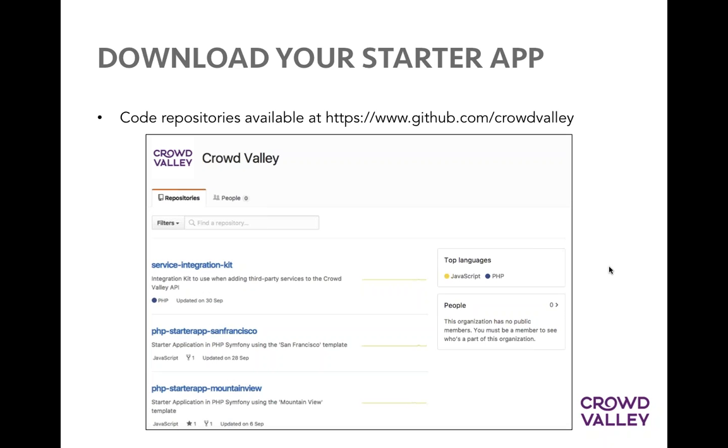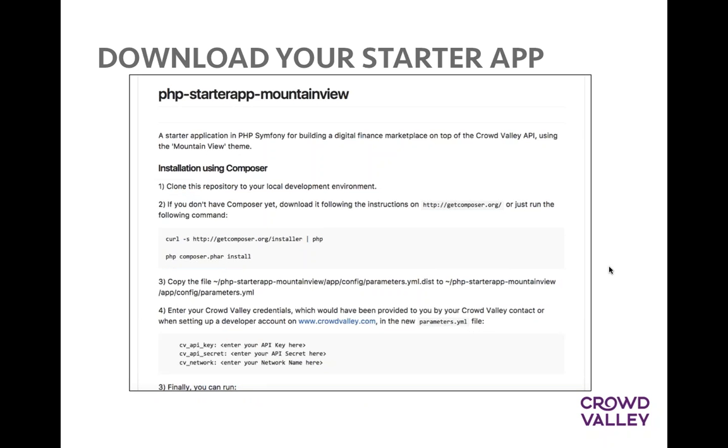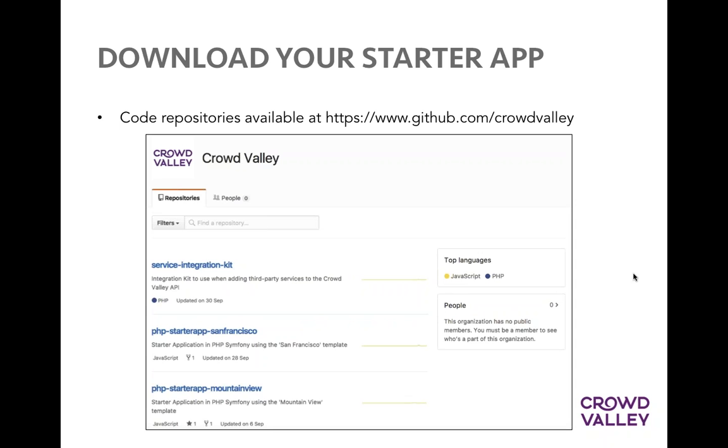But then you'll see a couple of code repositories for the starter applications. There are two that you can see here in this list. One is using what we call a San Francisco template, and another one is using a Mountain View template. The site that I showed you just now is actually the Mountain View one, and that's the one that we'll go through now. So if you click on the repository where it says PHP-starter-app-Mountain View,